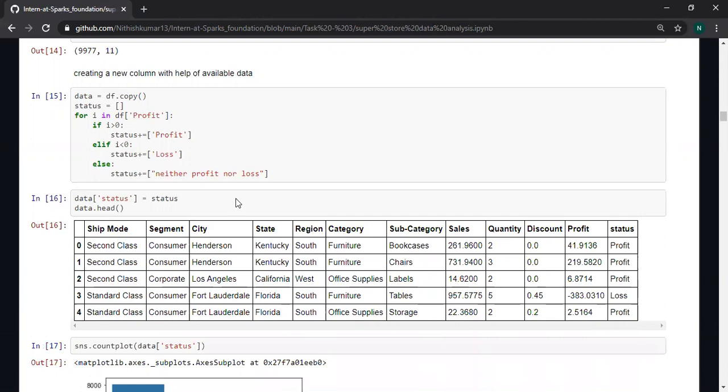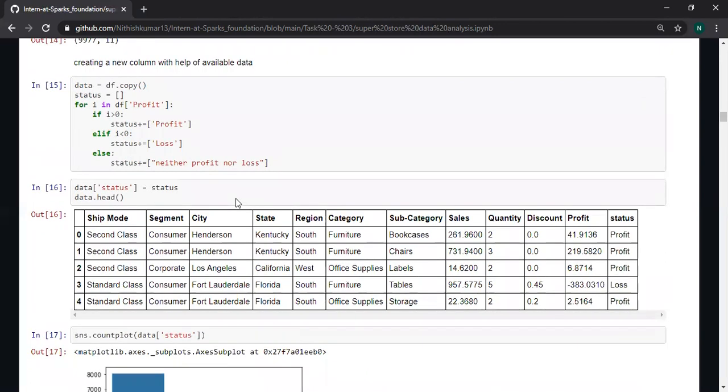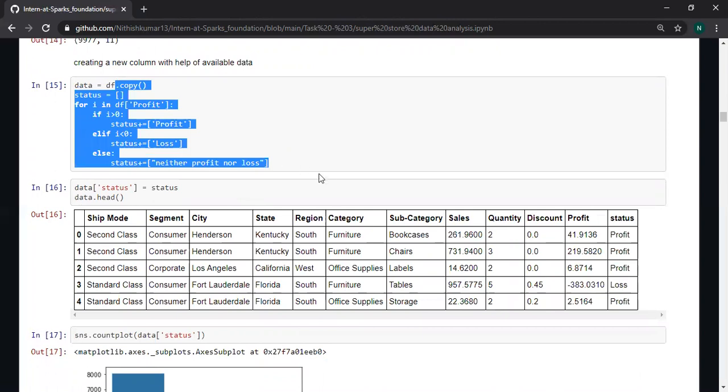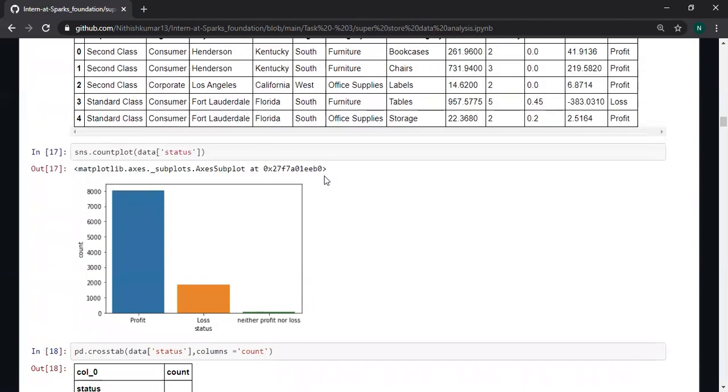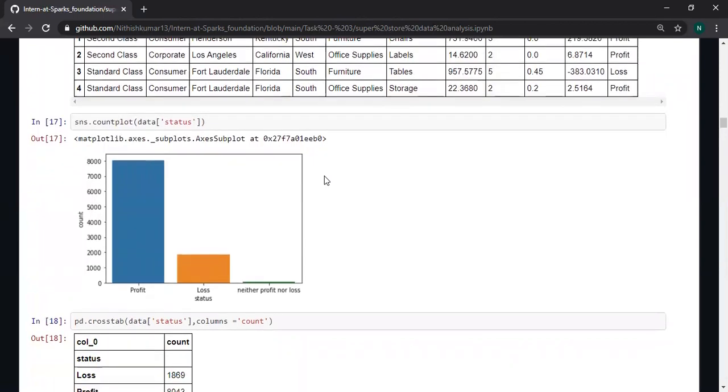I'm just creating another column which is used in my EDA process by this block of code. This status consists of profit, loss, neither profit nor loss. These are the three unique values, and these are the counts of the values.